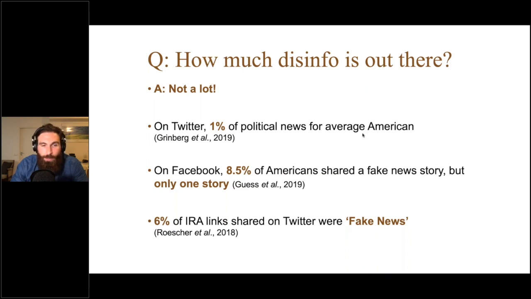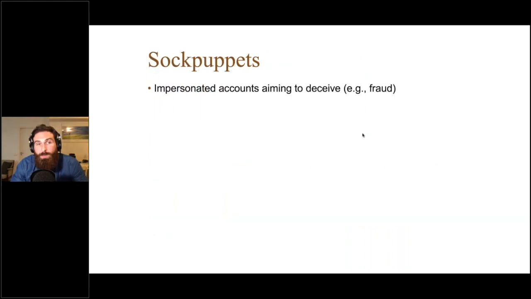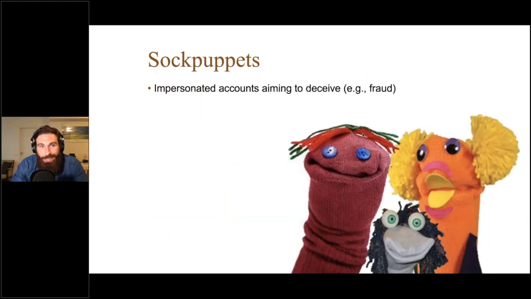And there's been some estimates that 6% of the IRA links shared on Twitter were fake news, because actually what we find is that the IRA was sharing real news from fake accounts. So what I'm interested in here is sockpuppets, and this is different from studying fake news accounts like the one I showed you in the last study. This is looking at impersonated accounts of citizens. So people, or trolls, who hide themselves behind identities that mimic, let's say, certain European nationalities or certain ethnicities. This is something that hasn't been looked at so much in the disinformation literature.